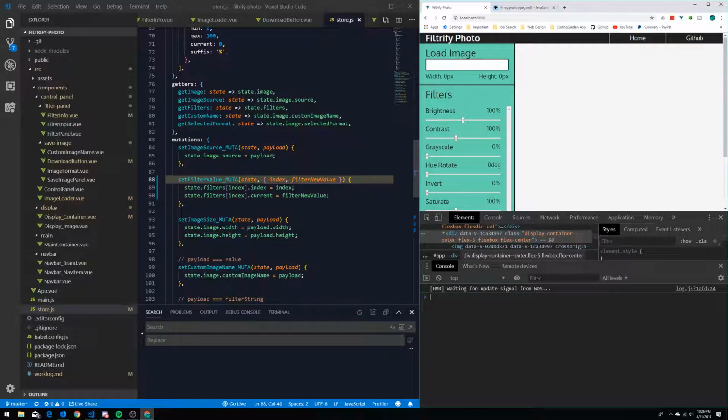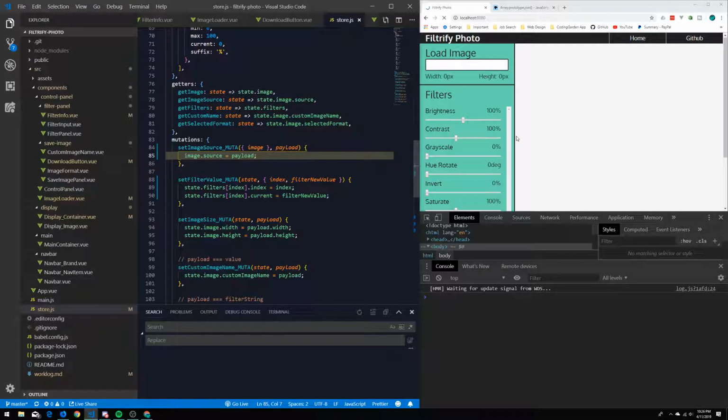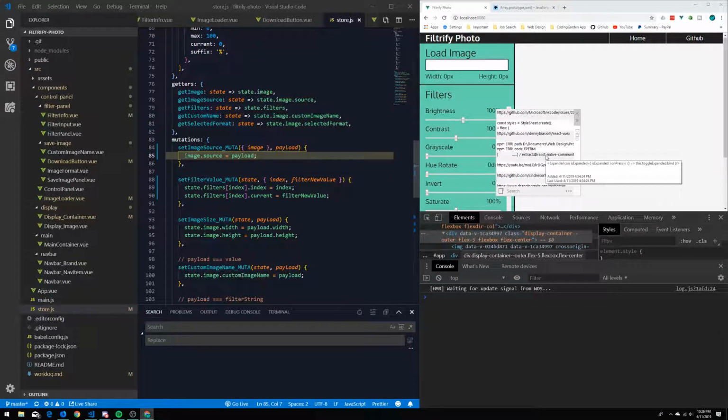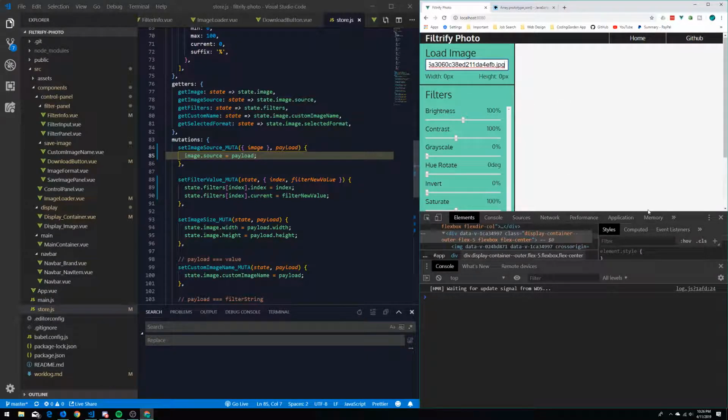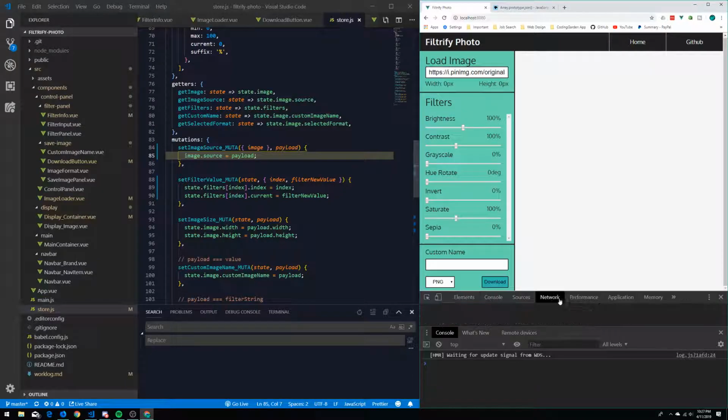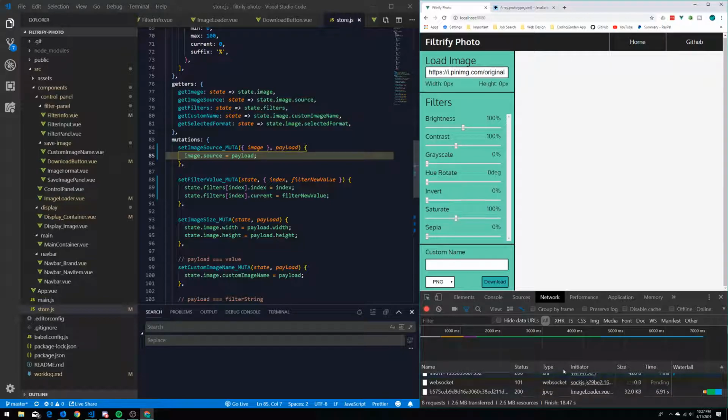So let's see, what else do we got here? I wonder if we can destructure the state. So if we were to just say image, got rid of the state, does that work? In theory, let's see. Let's pull an image in here, make sure our application still works. Oh man, you can see that the network request is just taking so long. It looks like it's still working though, so